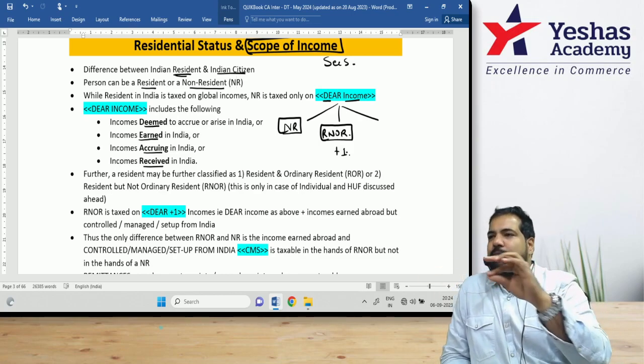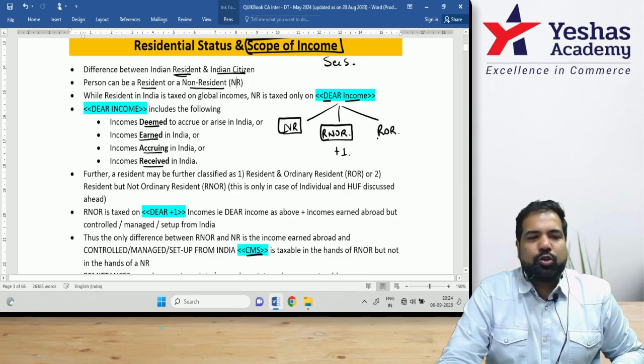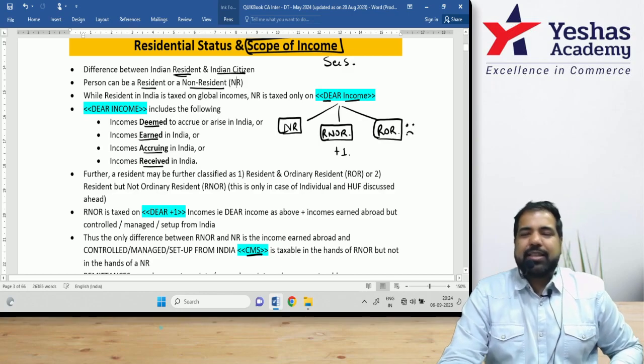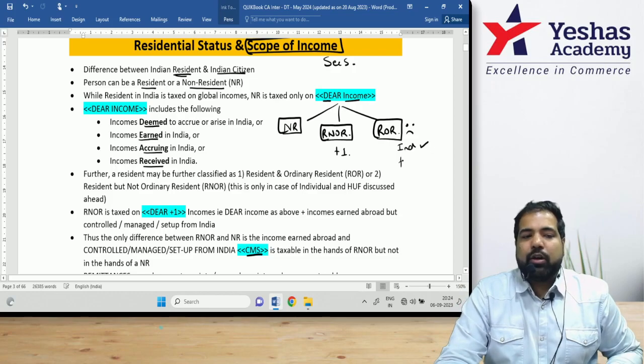That is CMS is where, guys? In India. And if you're a ROR, guys, should you be sad? Yes, guys, very sad because not just your Indian income, of course, that is taxable in India, but even your foreign income,